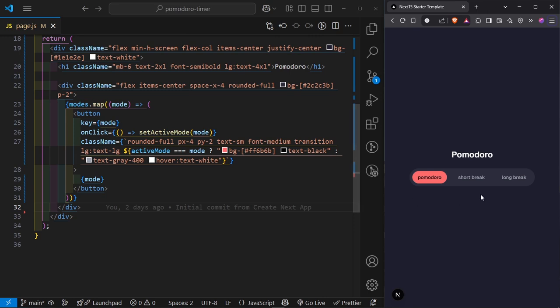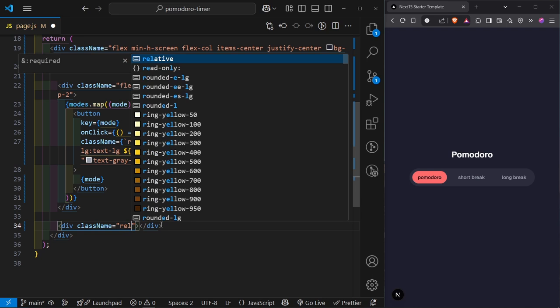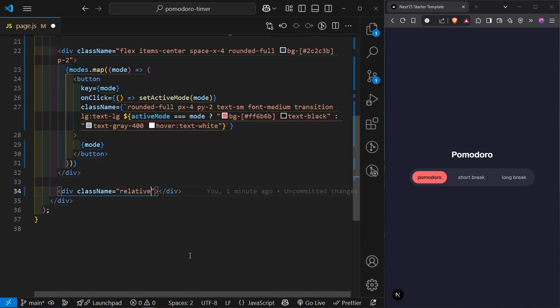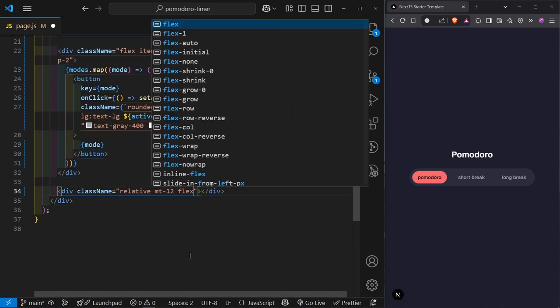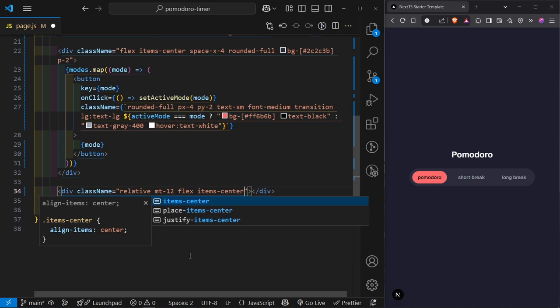So next, let's go ahead and create our circle, which is going to be our countdown timer. So we're going to go below this div, and then create another div, and this div is going to have a couple of class names. So it's going to have a class name here of relative, margin top of 12, flex, items center, justify center, and then on